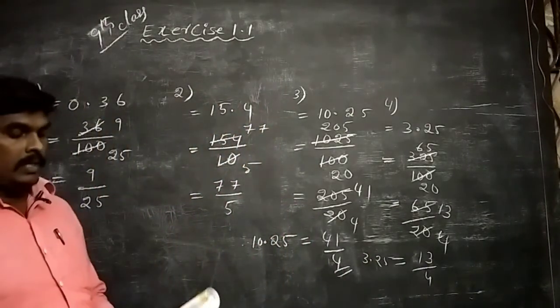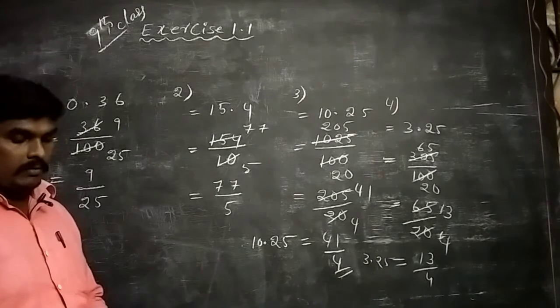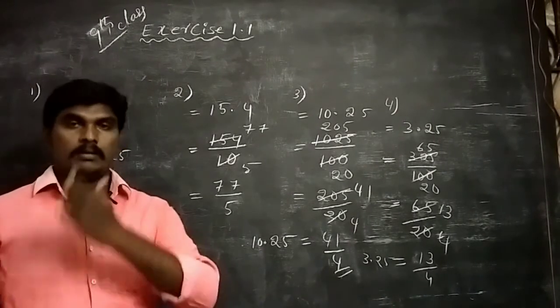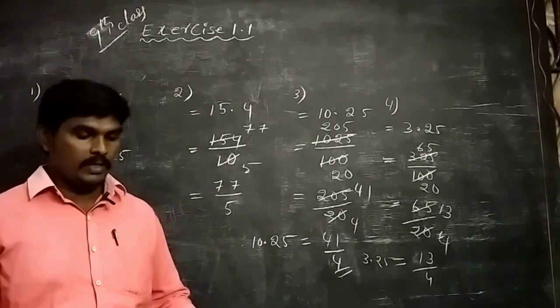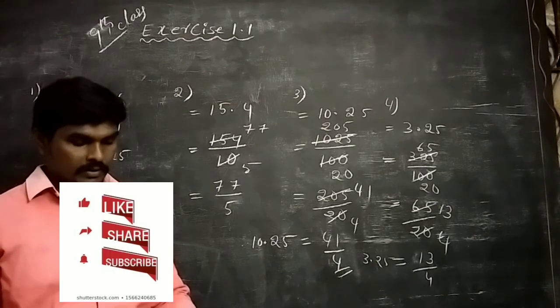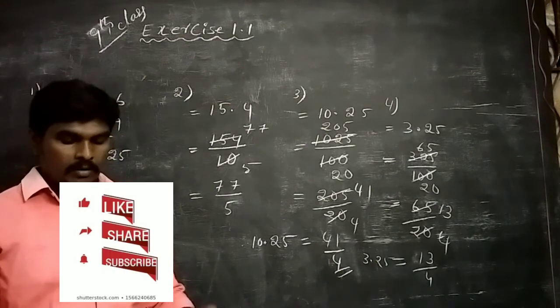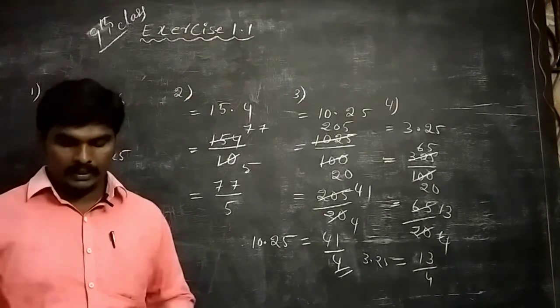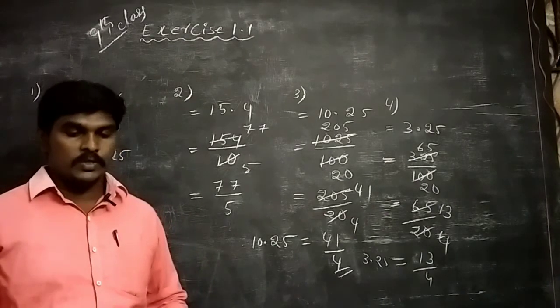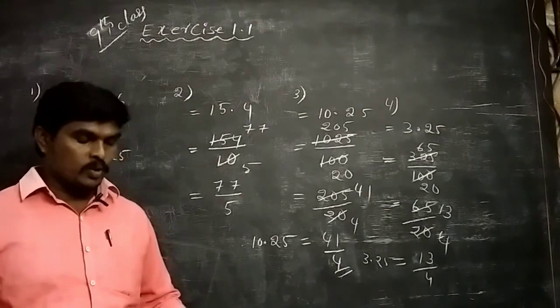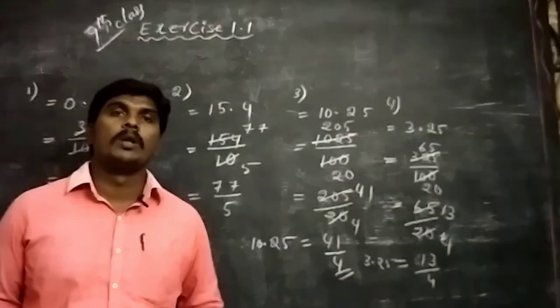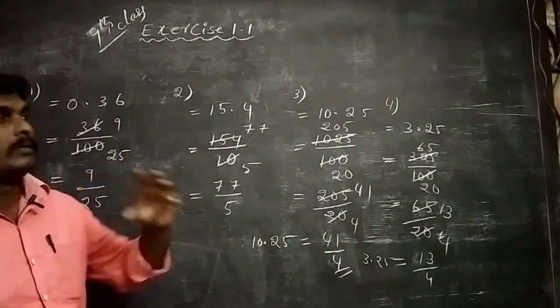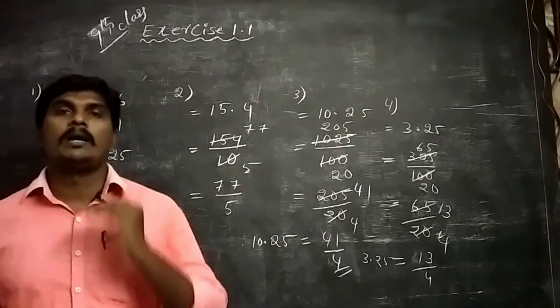Okay students, this way we can complete decimals expressed in p by q form in the 1.1 7th Roman sums. Like this model, there is one example sum, example 5 also. Please practice that one, and from that you can get the idea. Not only this, by taking some more numbers on your own, you can practice and get a complete idea about this model.